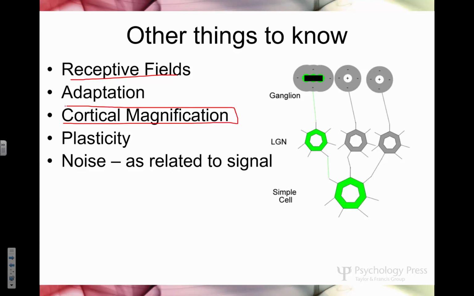Cortical magnification. What this means is when you get to cortex, not all parts of the world are equal, right? If you think about vision, what's the most important part of your visual field? It's the part in the middle where you're looking, right? Stuff out in the periphery is not as important. So when you get up into cortex, much more of that is devoted to this small 2 degrees in the middle than to what's out in the periphery. That'll make a lot more sense later, but I want to introduce it now.